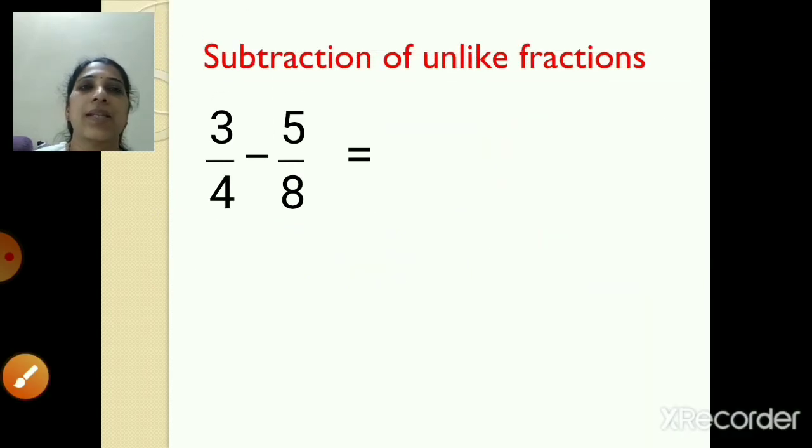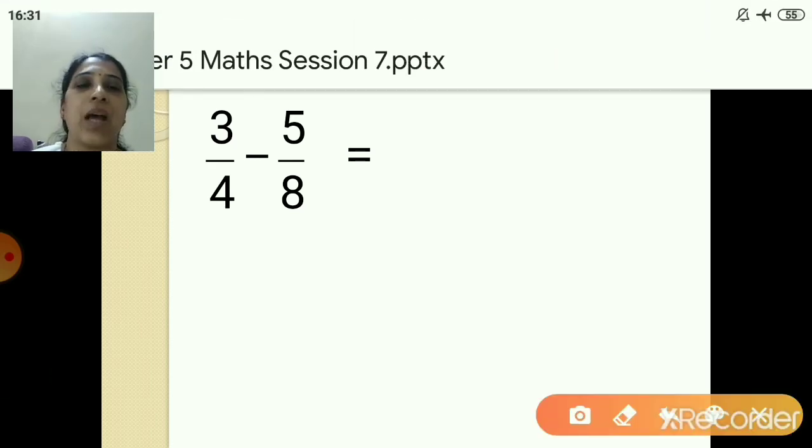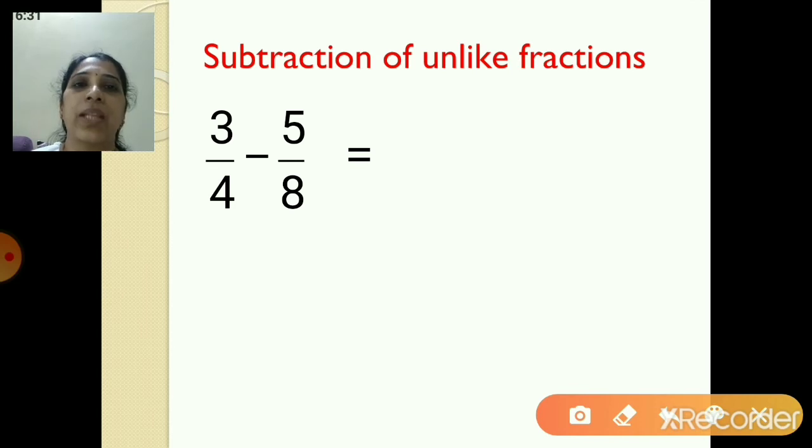Let's see now subtraction of unlike fractions. Similarly, you are going to do it. Now what is the first example? 3 upon 4 minus 5 upon 8. So you can see, children, the denominator is 4 and the other one is 8. So 8 is divisible by 4, right? 4 twos are 8. So you are going to keep the fraction 5 upon 8 as it is, and you will work only on the fraction 3 upon 4.